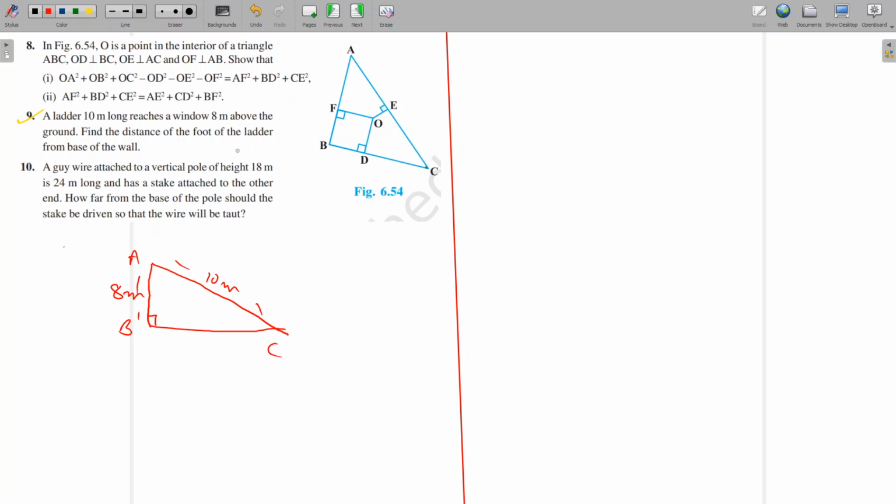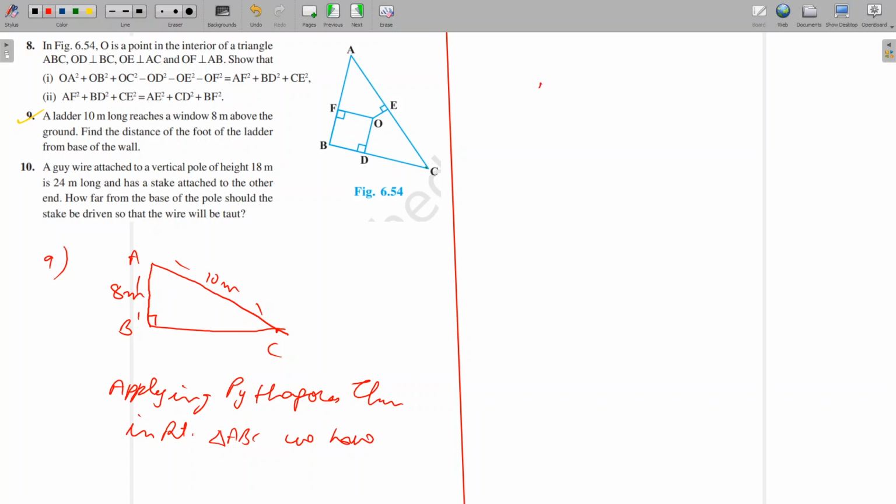Find the distance of the foot of the ladder from the base of the wall. So we have to find the distance of the foot of the ladder from the base of the wall. That means this is our foot, so we have to find BC. BC is required. So it's a very simple one. What we'll do is use Pythagoras theorem. Applying Pythagoras theorem in right triangle ABC, we have